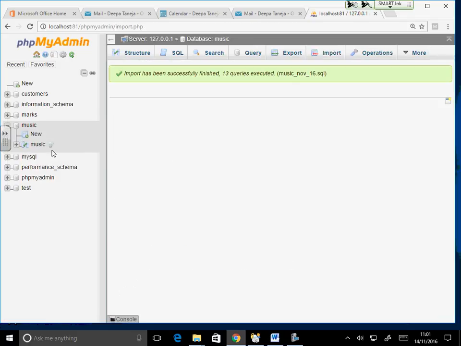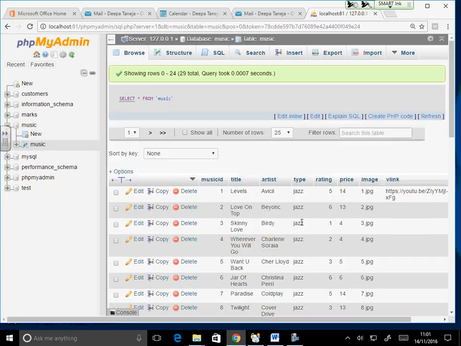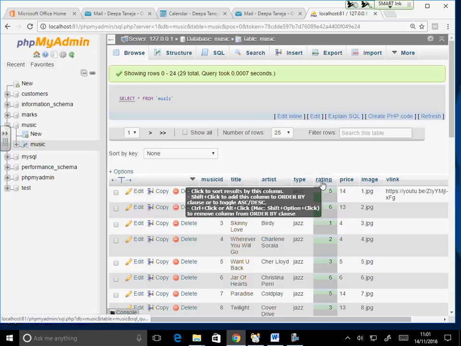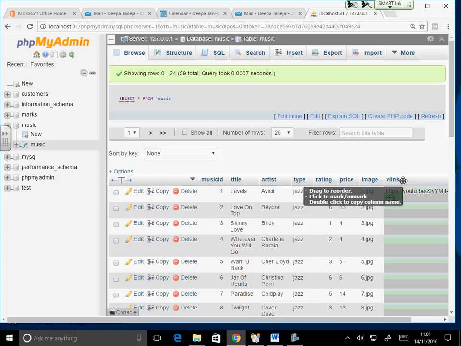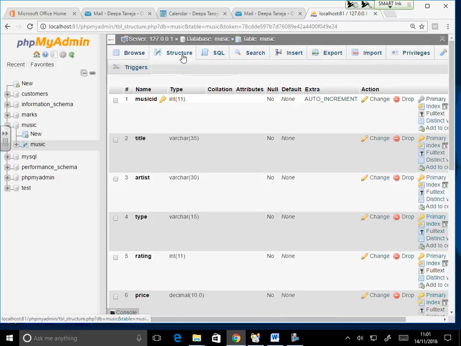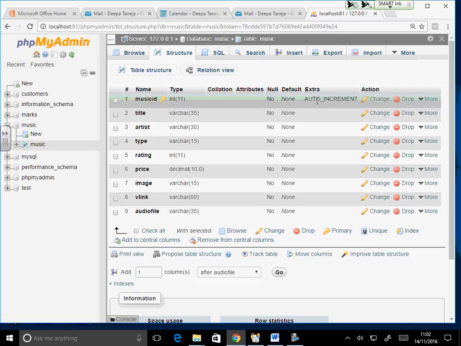And here I have got this table called as music. And these are the fields: music ID, title, artist, type, rating, price, image, and v-link. So if I go to structure now, it is saying it is already auto increment. And this key symbolizes it's a primary key.